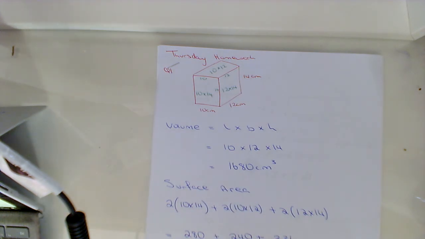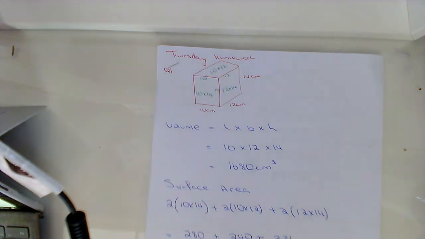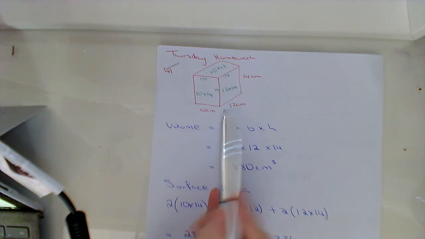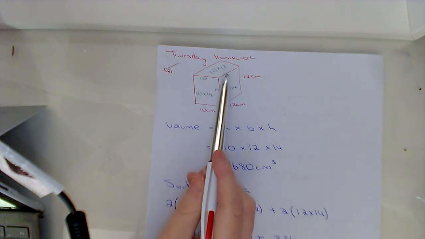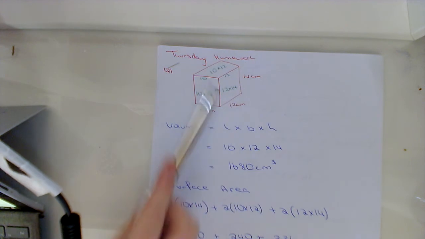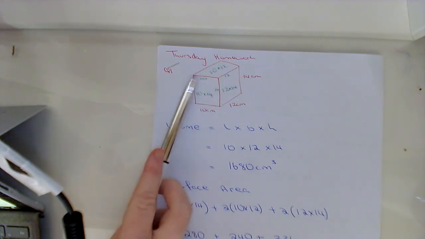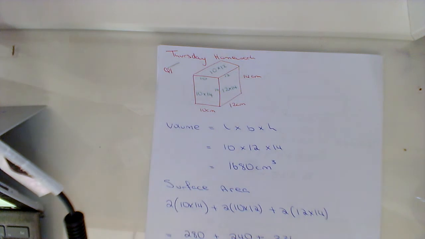As I said in my first example, to get the surface area, you're getting the area of this rectangle, this rectangle, this rectangle, times 2. I was given this here is 12, so if this is 12, that means up here also must be 12. I was told here is 14, that means over here must be 14. If this is 10, up here must also be 10. Opposite sides in the rectangle are equal,